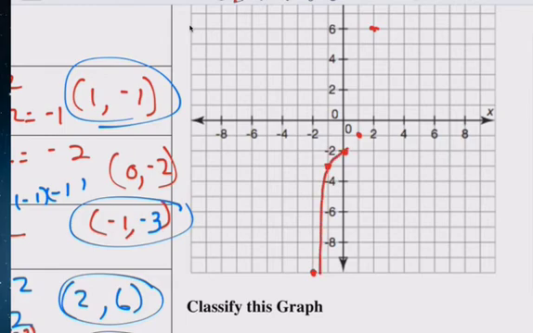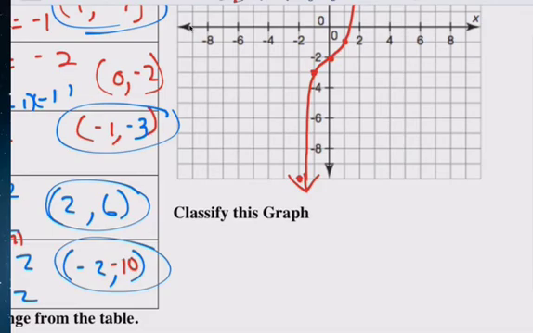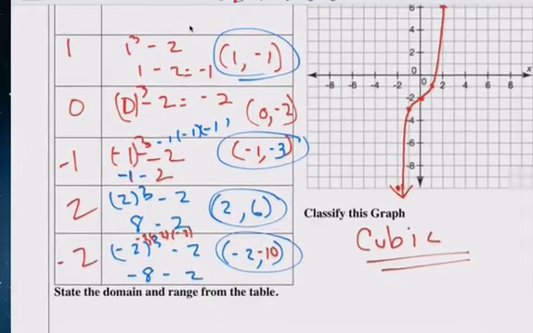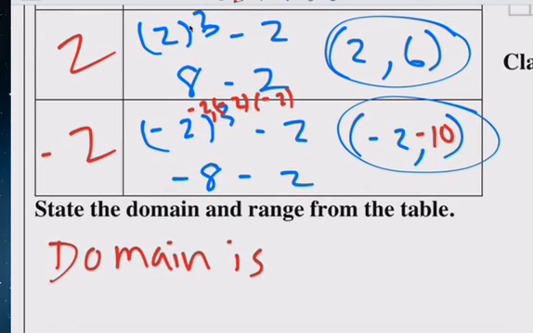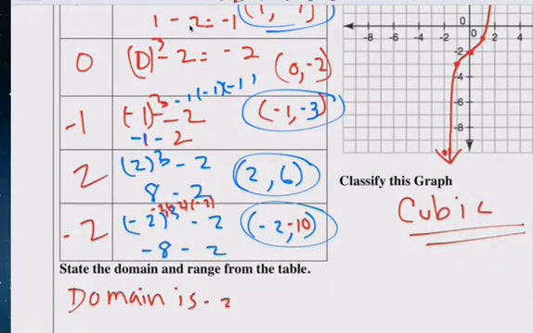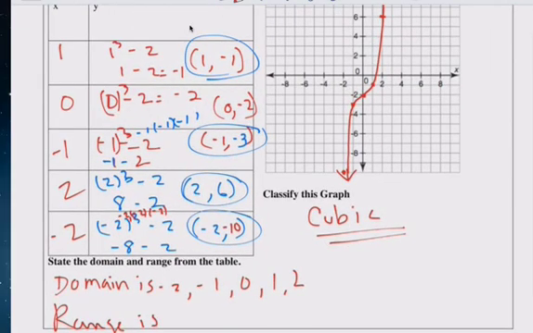So it looks like this. If you follow it exactly and make the line continue, it looks like an S shape. That's a cubic. Classify this graph. This is called a cubic. You'll learn this tomorrow. Cubic. Domain of the function. Please write domain is negative 2, negative 1, 0, 1, 2. Range is all your answers, which is, oh my goodness, negative 1, negative 2, negative 3,